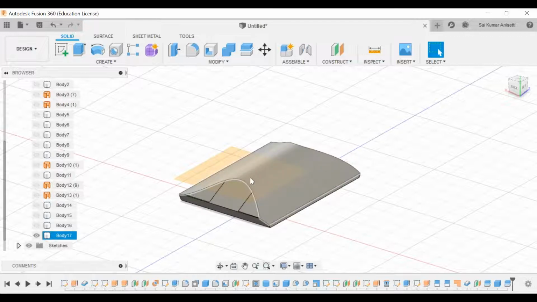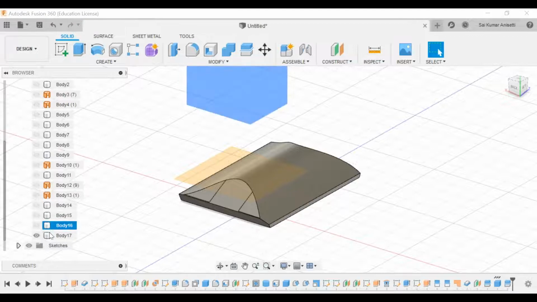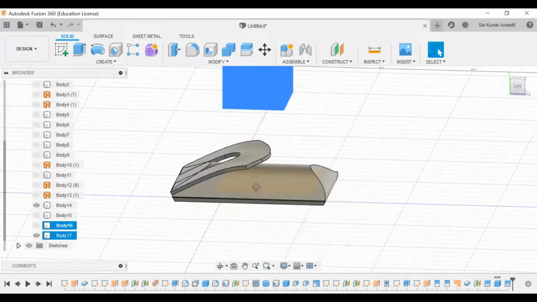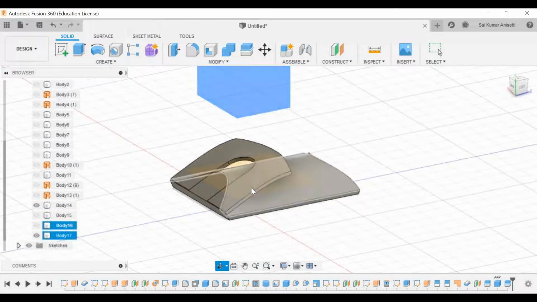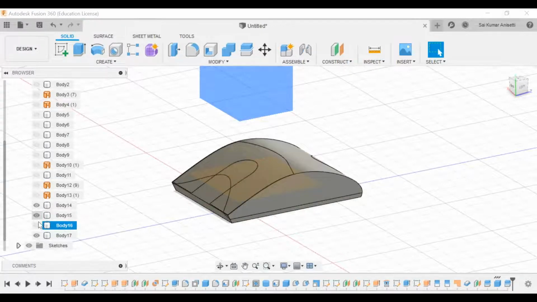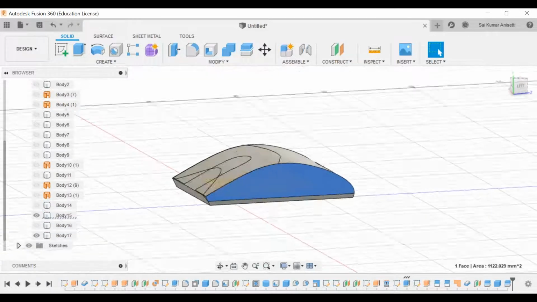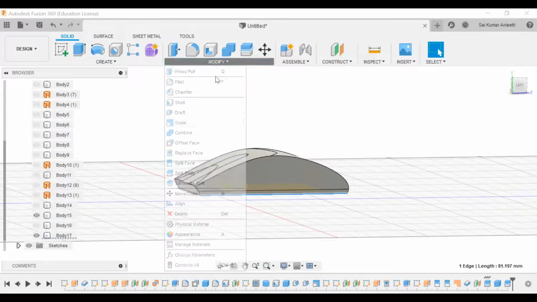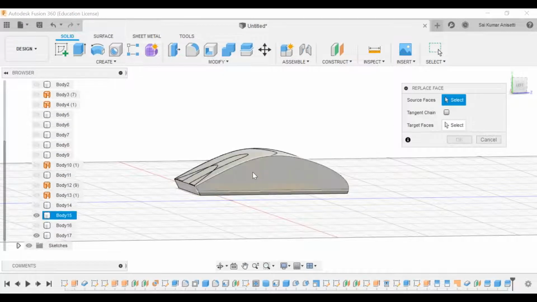In replace, your second object is lost. Body number 16, right? Body number 17 is there, and body number 14 is there, or some other. This is how you get it. If I combine these two, that will become a complicated shape. You cannot understand. Replacing means it will replace the surface. Splitting means it will just split your surface into two equal halves. I have this body, the first half is there, the second half is there. In replace face, your first object is lost, and one part of the body is lost.